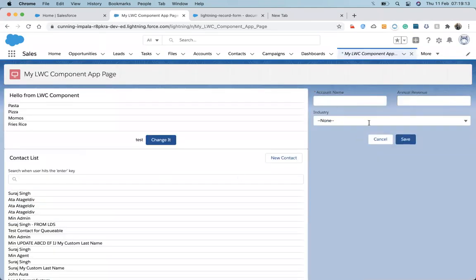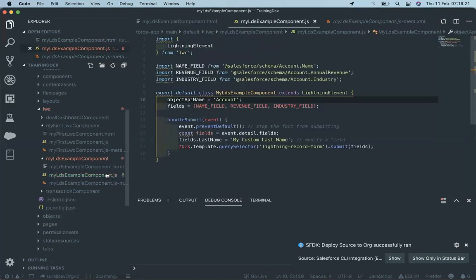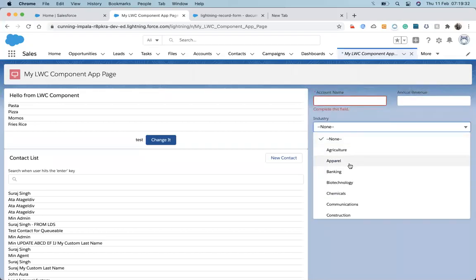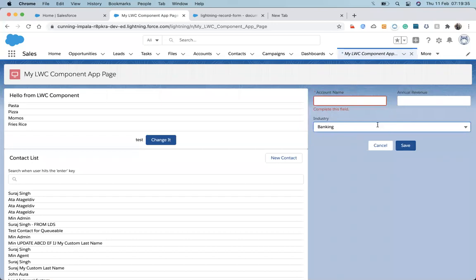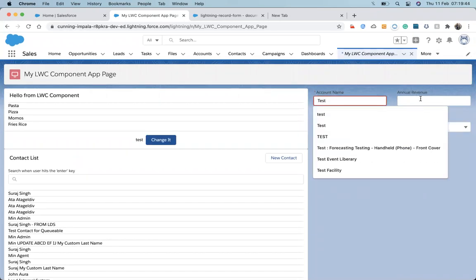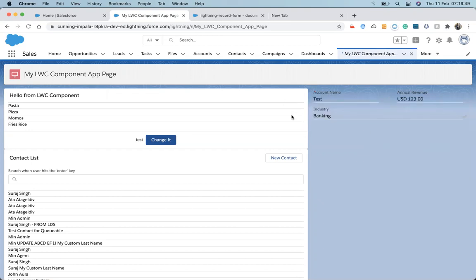So you can see that it's showing the field names that we have added up here: account first name, last name. So the account field names we are adding are automatically showing up here. And if we hit the save button, it will automatically get saved. So it got saved. And if I go to the account,